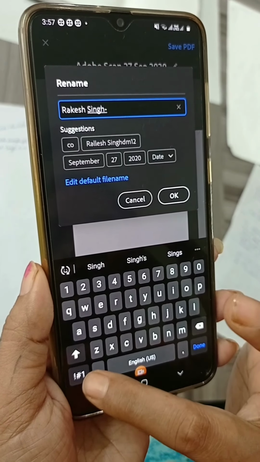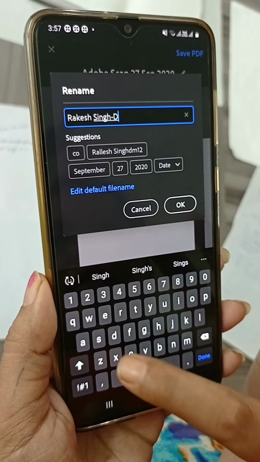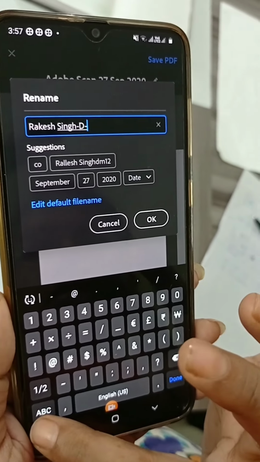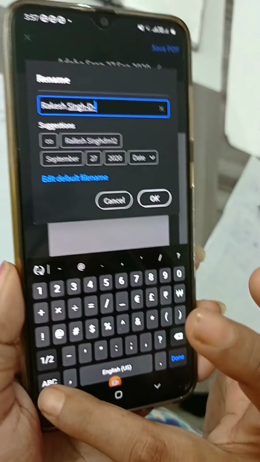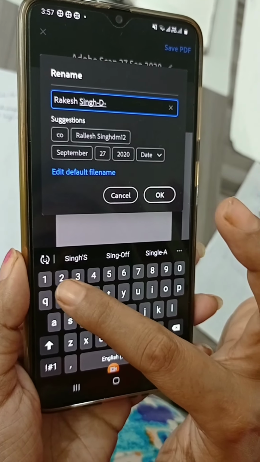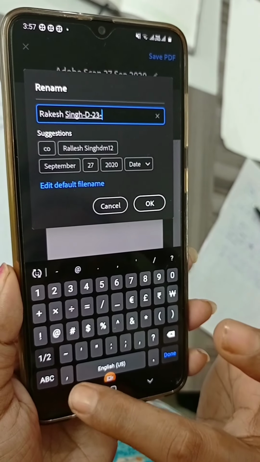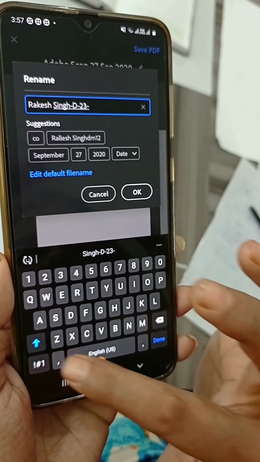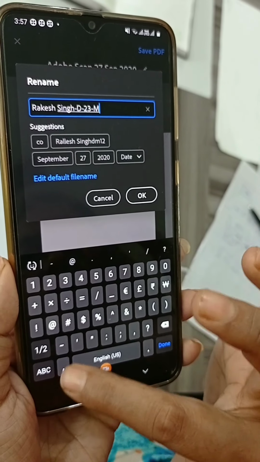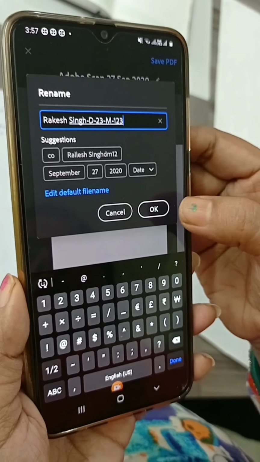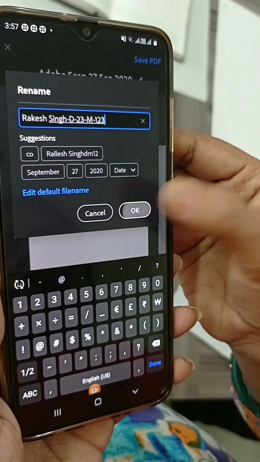Then you will write your section, like D section is there, then again put a dash, then write your roll number like 23 roll number, again put a dash and then write your admission number, like your admission number is M123. Okay, you have to press now OK button.